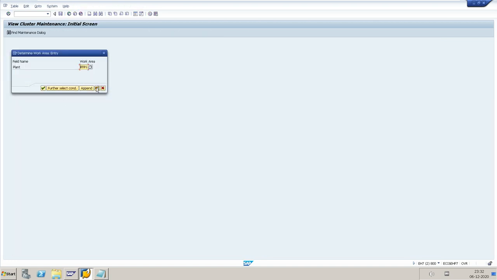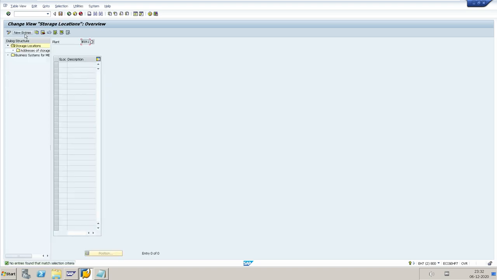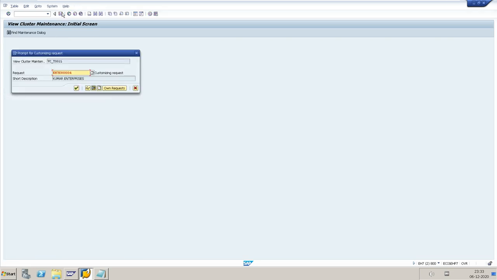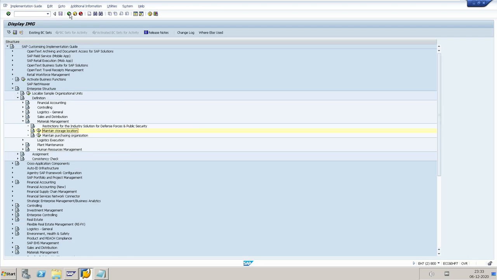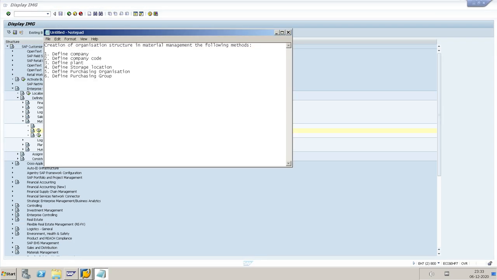Same way I will create storage locations for plant 2 also. So number 4 is also completed.